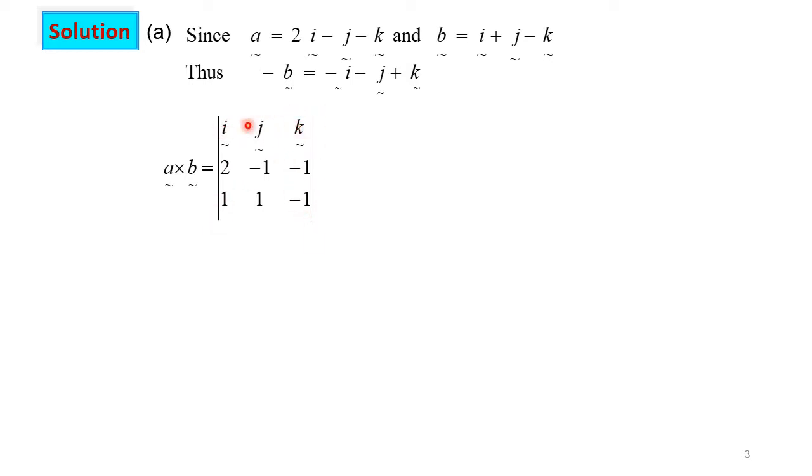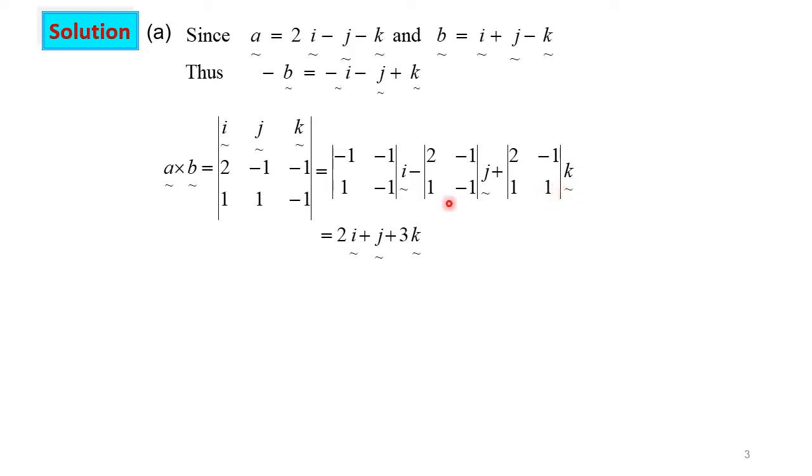The first row will be ijk, the second row the vector A, and the third row the vector B. Then we expand similar to a determinant. As you can see, it is similar to the concept of determinant. To find the determinant, later on we'll find that the cross product of AB would be 2i plus j